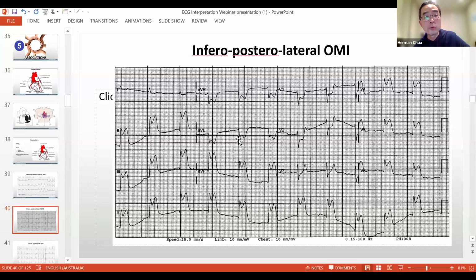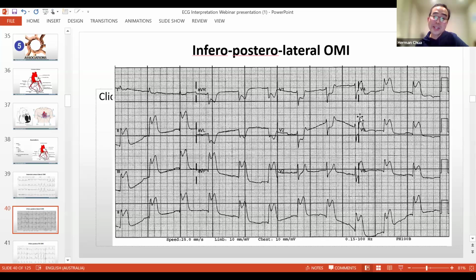AVL, right? Okay, reciprocal to what? Reciprocal to this lead 3, okay? All right, but more than that, you actually have got lateral infarct as well. So what inferior, who are the friends of inferior? Lateral, right? Okay, so you've got lateral ST elevation in V5 and V6, in fact, all the way to V4